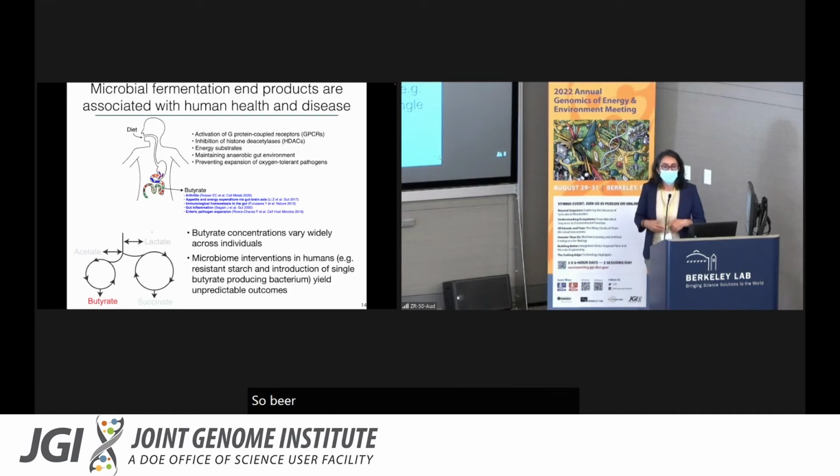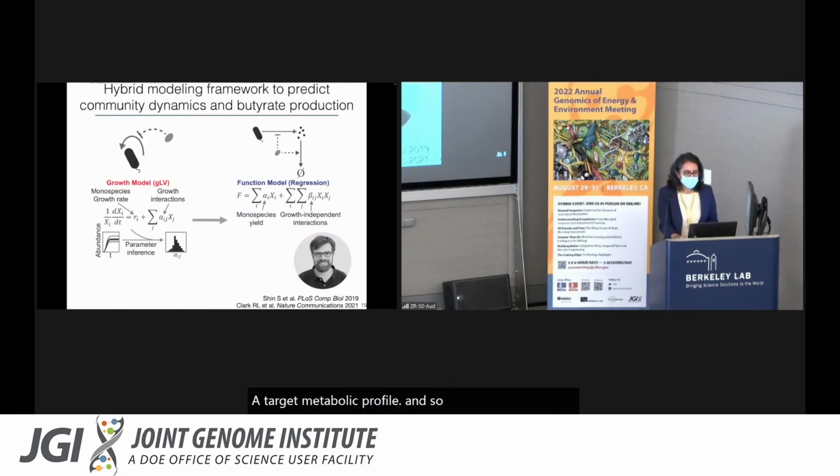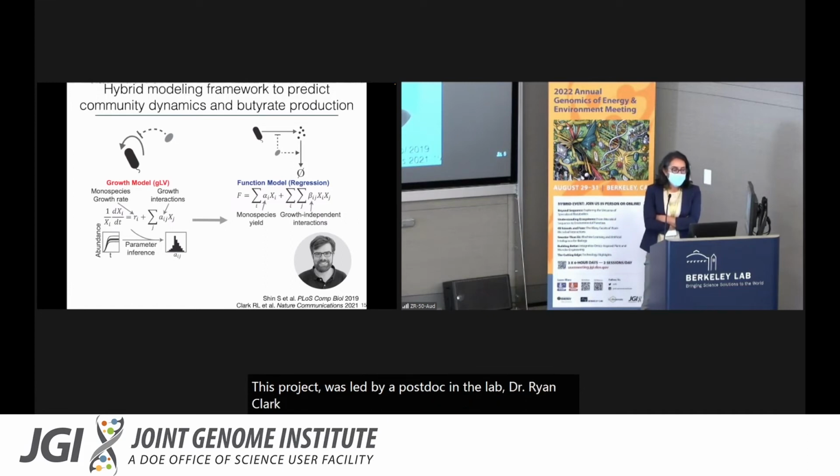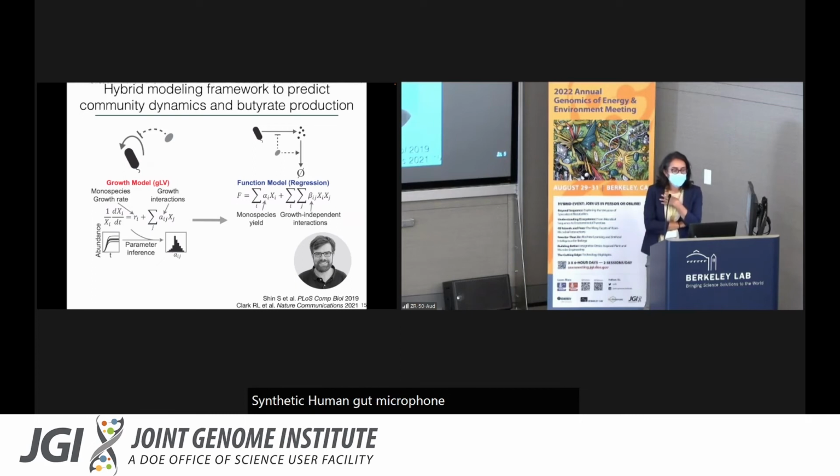Butyrate promotes homeostasis in the gut. It's linked to a variety of different beneficial health outcomes. And so we were interested in how to design tailored metabolisms. How do we actually design a community from the bottom up with a target metabolic profile? This project was led by a postdoc in the lab, Dr. Ryan Clark, and we considered a 25-member synthetic human gut microbiome and used a two-stage modeling approach where we can